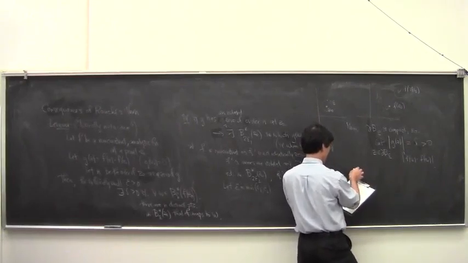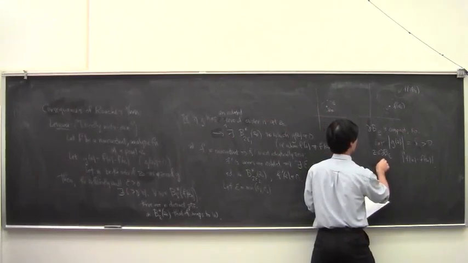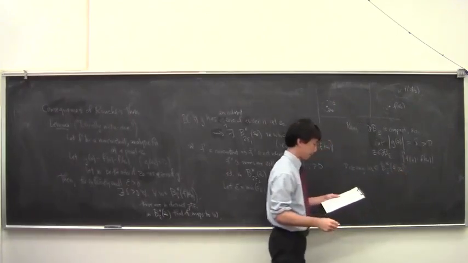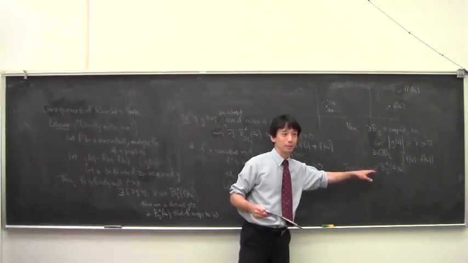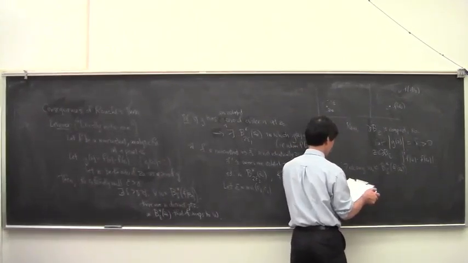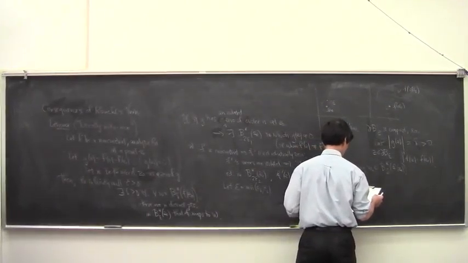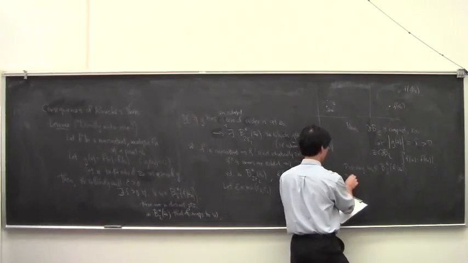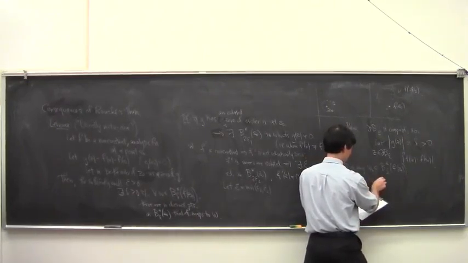So pick any w naught in that punctured delta ball around f of z naught. We want to see that w naught gets hit n times. So we're going to use Rouché's theorem to do it. Observe that on the contour,